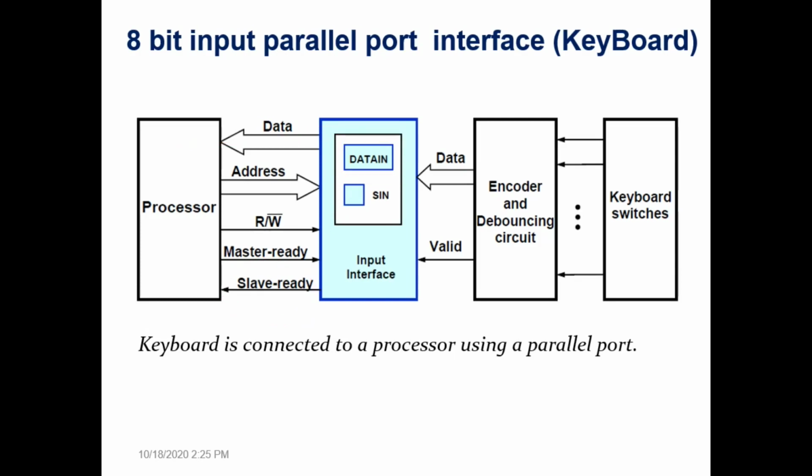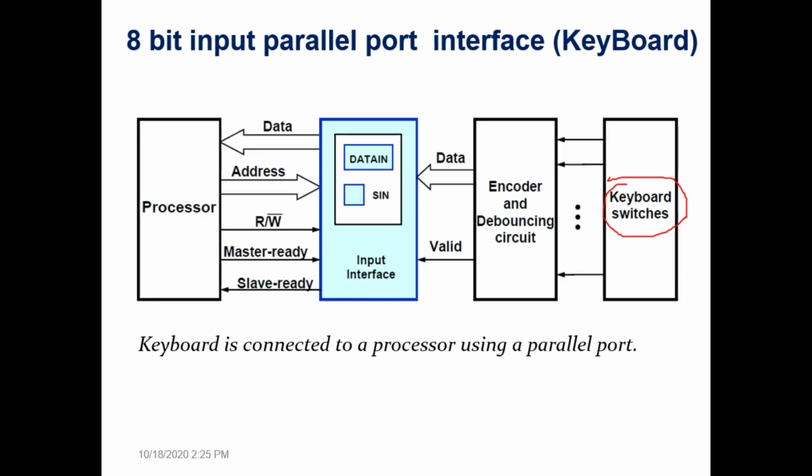Now let us see what signals are there on the other side of the interface circuit. That is where the interface circuit connects to the actual physical keyboard. Actually, we'll start from the keyboard. A keyboard will have keyboard switches. The layout, we know, has rows and columns, and various keys are located there. There is a location for each different key on the keyboard.